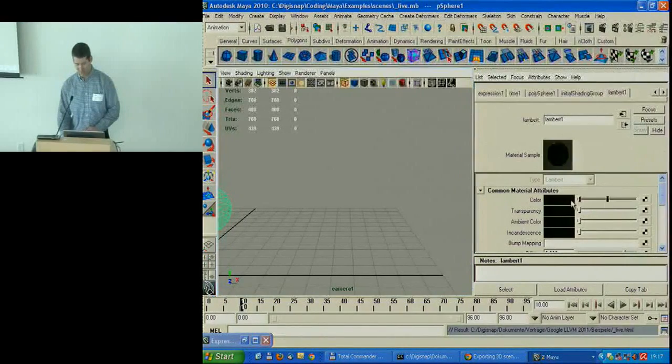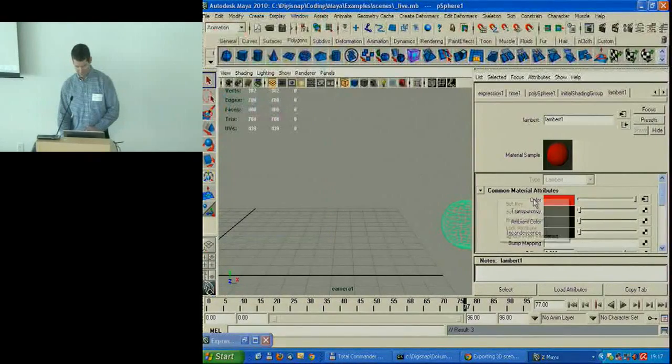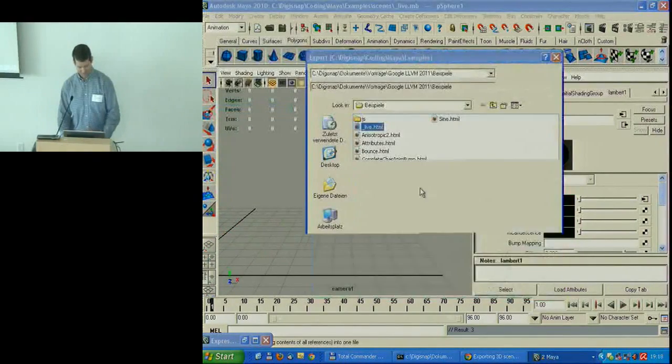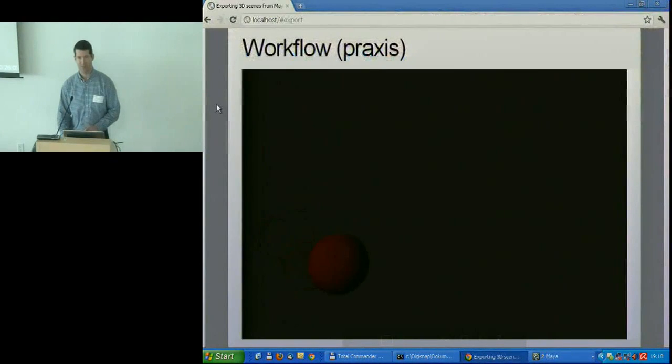For example, the ball starts in black, and if it's on this side, it has to be, for example, red. And now we see that the color attribute of the shader is animated, and now we can export it again, and now it fades from black to red.